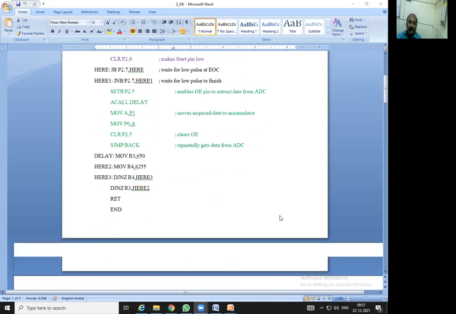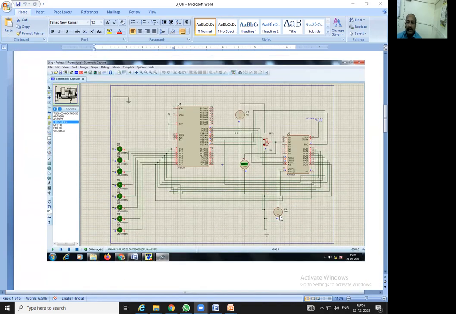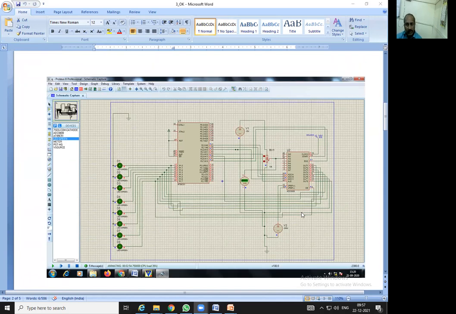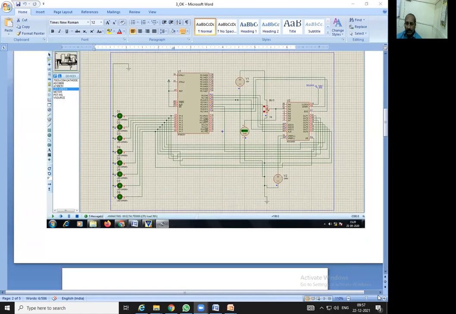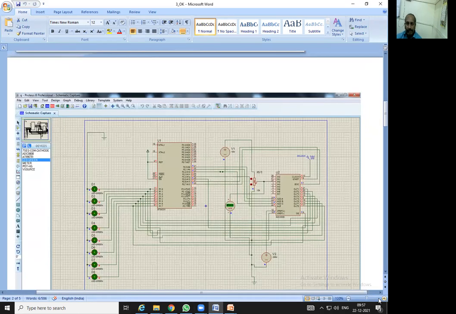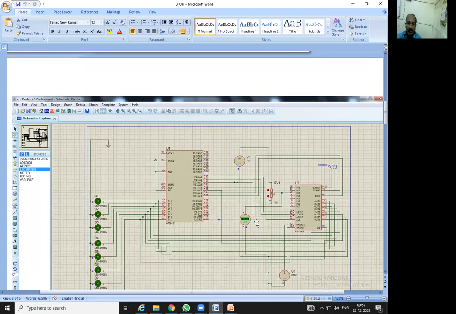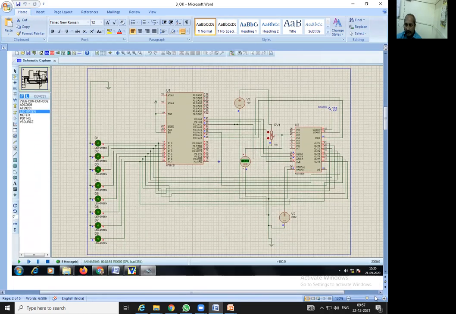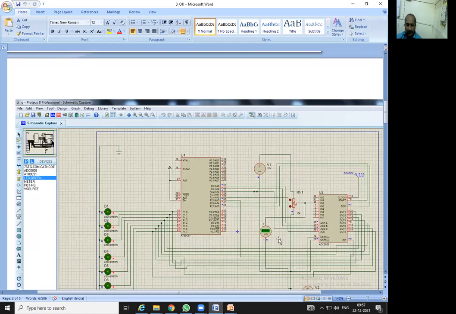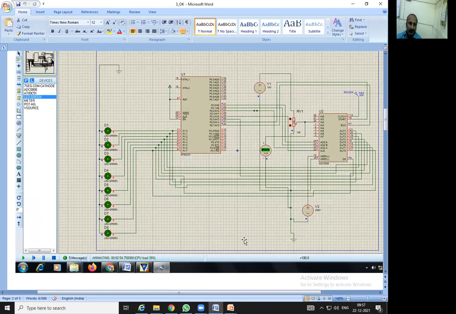As the name suggests, ADC is analog to digital converter. This is the Proteus simulation diagram in front of you. I am zooming in on it. So what is there in this?